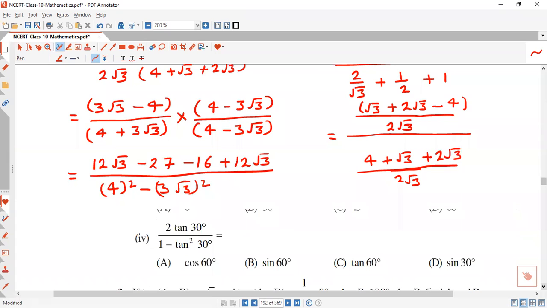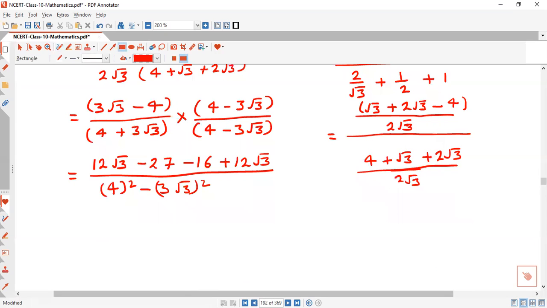Now, we want to do the further simplification. So what do we mean by further simplification? See, 12 root 3 plus 12 root 3 comes out to 24 root 3. Minus 27 minus 16 will come out minus 43, divided by